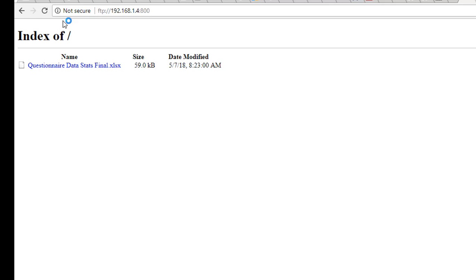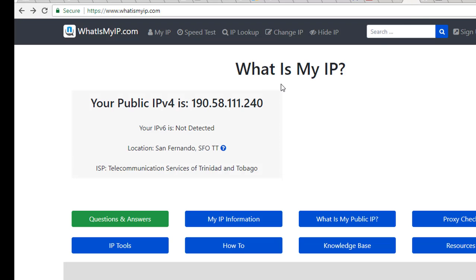So that's one way. Or there's a second way we can do this. If by chance you have the FileZilla client software on your machine, then it allows you to do this more easily. Sorry. If we want to access the file externally, because what we just did was access the file on our local network, we would go to whatismyip.com. This would be the public IP address of my server. So if I copy this,